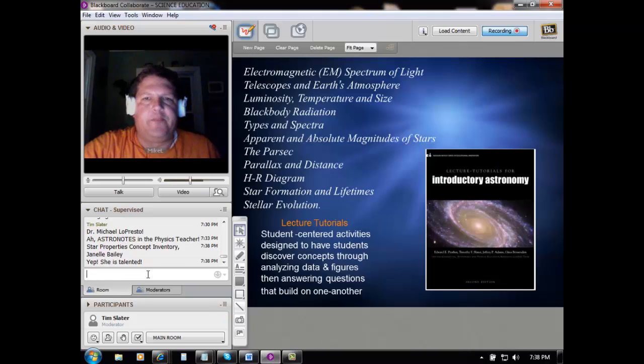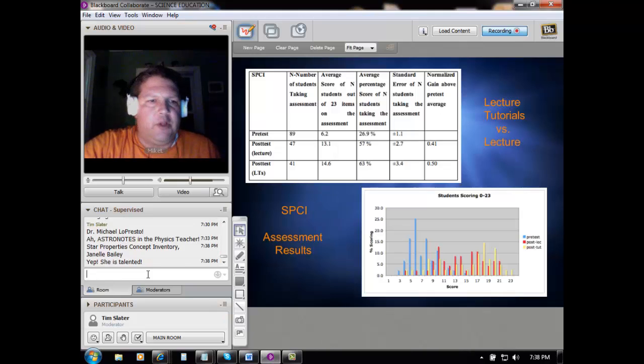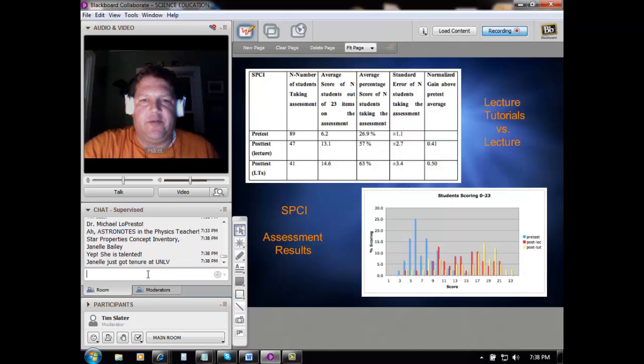Anyway, when we look at some of the results here, the blue is the scores between 0 and 23 pre-testing, and the red is the students who were lectured to. And just so we didn't have the trouble with me getting overzealous, I did the lecturing, and I had a